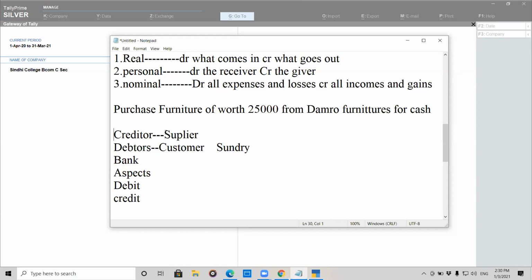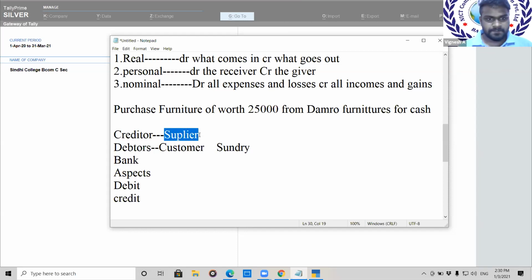Why? Because the supplier won't sell to me that often. The person who doesn't make transactions with a business often, who makes them only rarely, is called a sundry creditor. A normal creditor is something like your banks, to whom we regularly pay money as loan EMIs. Even with debtors, if I say sundry debtors, the customer also won't come to me often. It is a rare event. When customers come rarely, that is why we term them sundry. Sundry means they come rarely and make a transaction with a business.